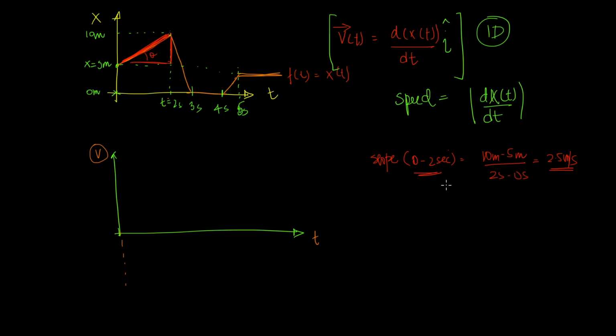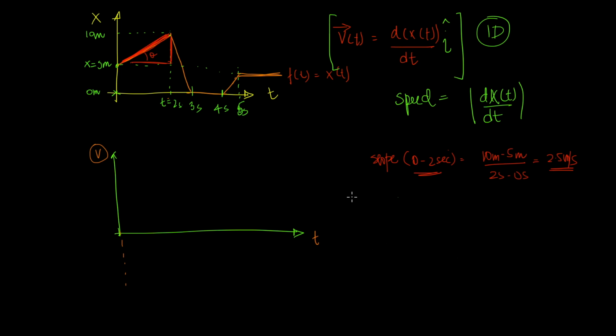And why do I say that the body holds that velocity for the first 2 seconds? It's because you see that the slope doesn't change throughout this motion. It holds a constant value. And the reason I say that too is because this geometric entity is a line. It's not a curvy thing, it's a line. It's a line that holds a slope throughout. So with that in mind, we know that the velocity of the first 2 seconds of the body would be